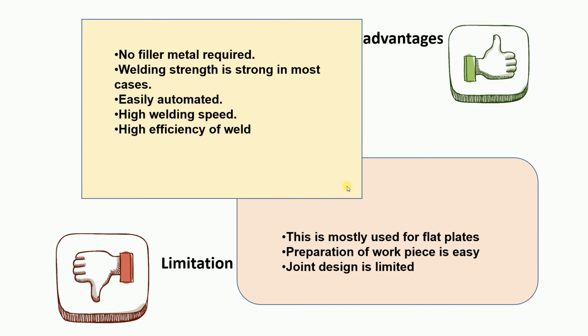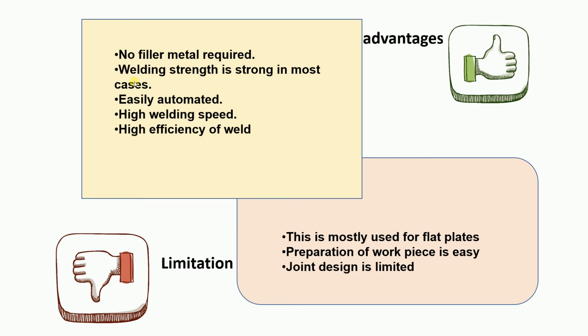Nowadays they are able to join titanium and high melting materials also. You can see some of the advantages: we are not using any filler metal, any shielding gas, or any external power source, and it is easily automated. Yes, if you have any 3-axis controller, you can fit the tool and go for automation. High welding speed, yes, absolutely I accept. High energy efficiency of the weld, yes, only the friction effect is created and it is absorbed by the workpieces. There is no heat waste, so it is a highly efficient weld.